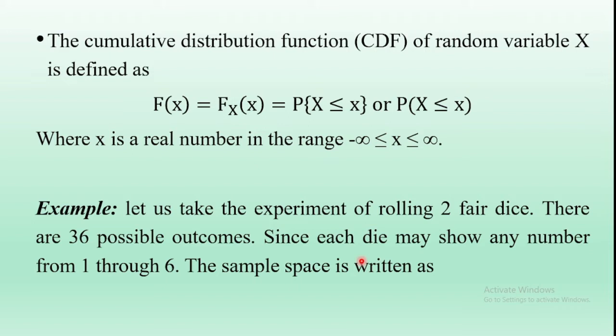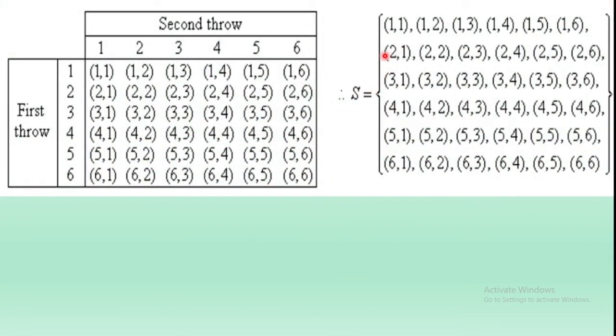Therefore, the sample space or the outcome of the experiment is given by capital S is equal to 1 comma 1, and so on. Throwing the first die the outcome shows 1 to 6, and throwing the second die the outcome is from 1 to 6. The sample points are S equal to 1 comma 1, 1 comma 2, 1 comma 3, 1 comma 4, 1 comma 5, 1 comma 6, 2 comma 1, 2 comma 2, 2 comma 3, 2 comma 4, 2 comma 5,